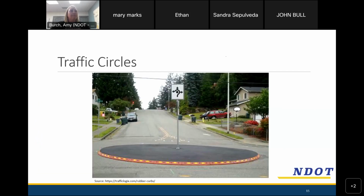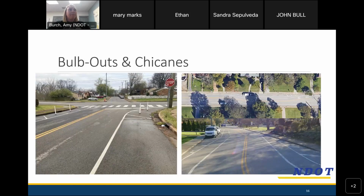We also have traffic circles, where these are like island devices installed in the middle of an intersection where traffic generally travels around it like a roundabout, counterclockwise. And that horizontal deflection that the island places at the intersection slows traffic down as they navigate through the intersection. Bulb outs and chicanes using paint and flexible delineators are other tools that we use at wide intersections,